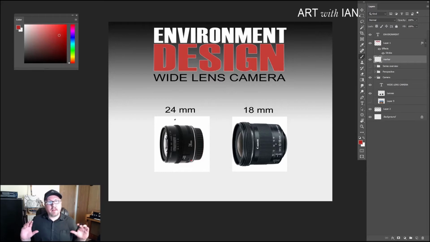You don't get a lot of skewing. You don't get a lot of warp of the lens on the outsides of your image when you use 24, but enough to help push and feel wide. Getting into 18, it starts to really warp. It starts to really skew those sides, and the convergence going to the third point of perspective becomes really pushed. And you'll see that as we build our grid. I think the thumbnail I did is probably more like an 18 millimeter camera,